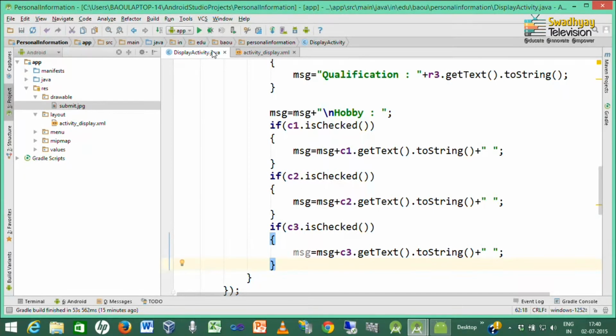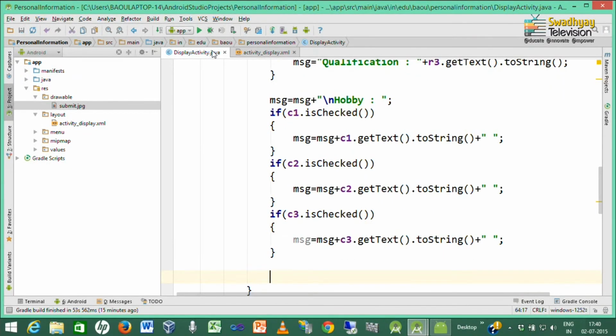So, finally, our message is whatever qualification is selected plus in a new line whatever hobbies are selected, and isChecked is a boolean function which returns true if a checkbox or radio button is selected and false if it is not selected. Now, how to create a toast?